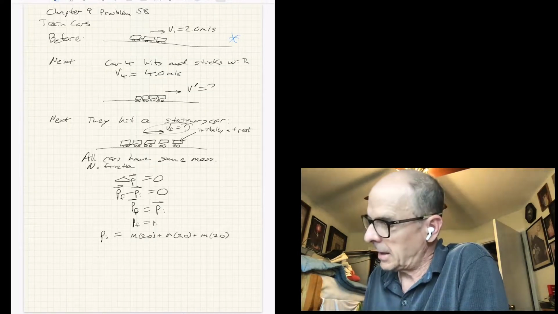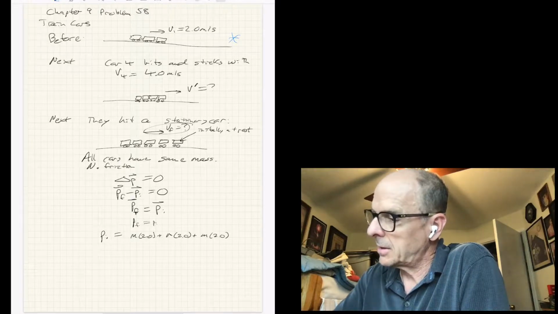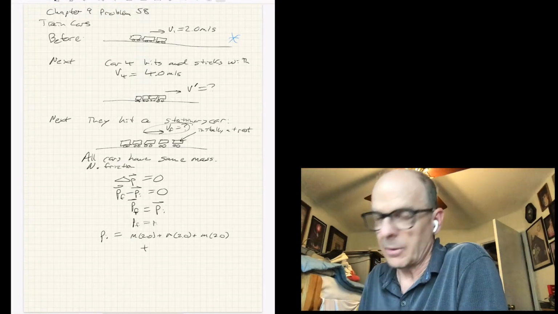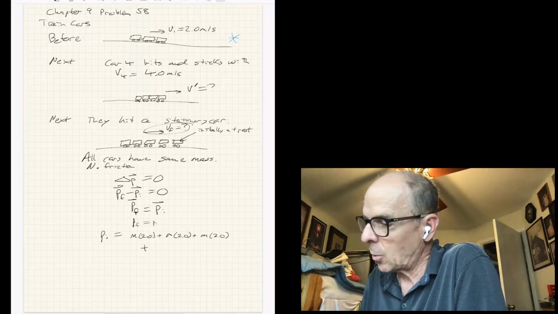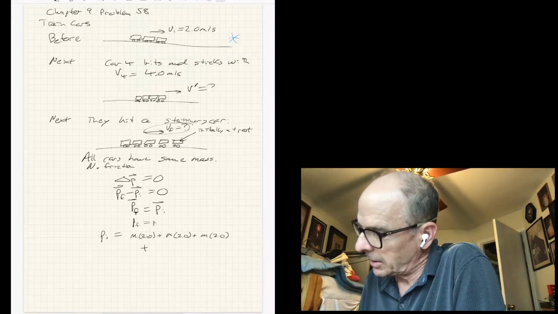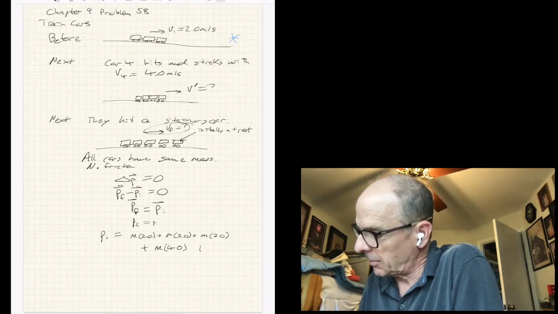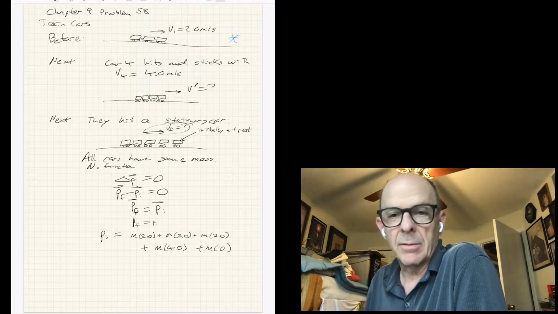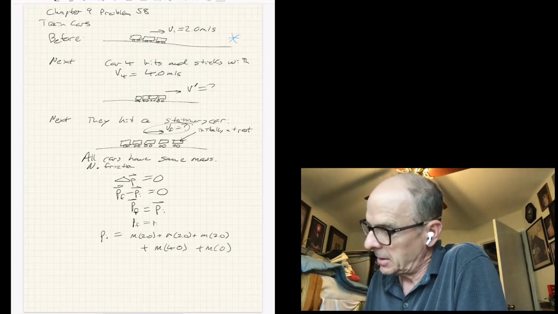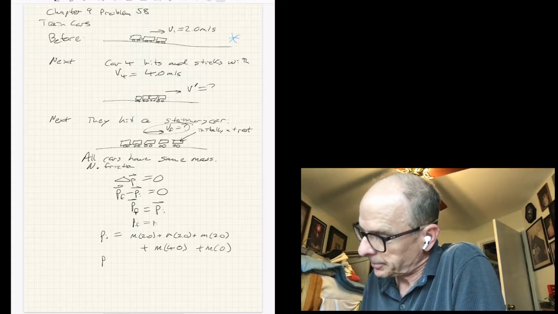Okay. And we also have the initial momentum of car 4, which was another car, and it was traveling at 4 meters per second, not 2 meters per second. And then car 5 had an initial speed of 0. So that's just 0 plus m times 0. So that equals